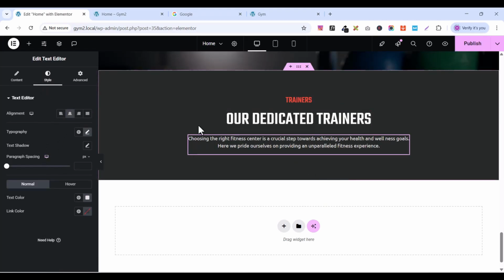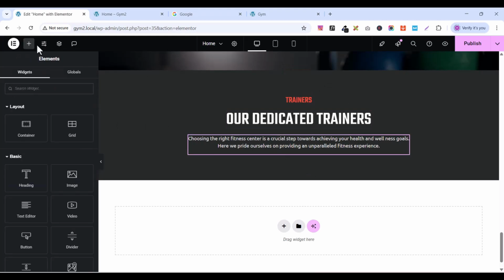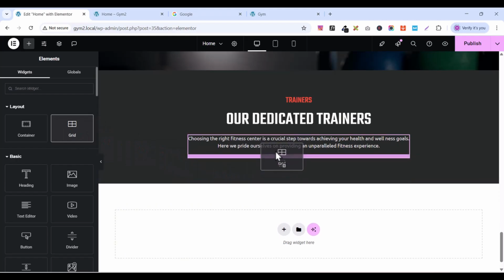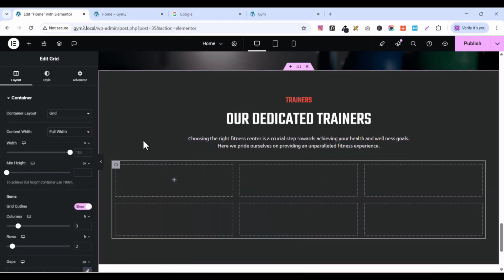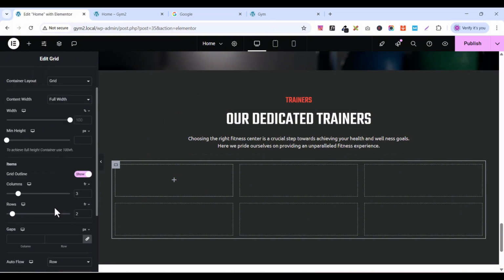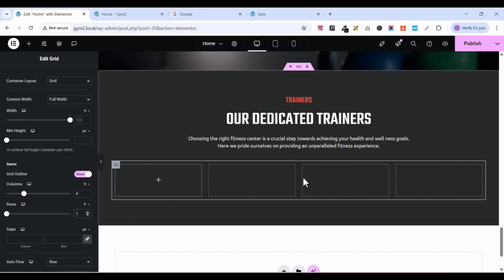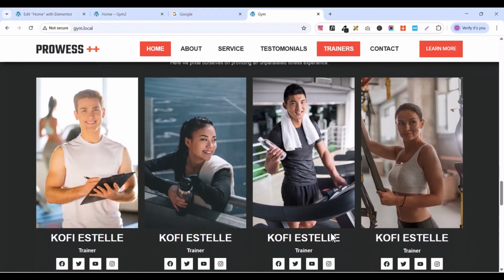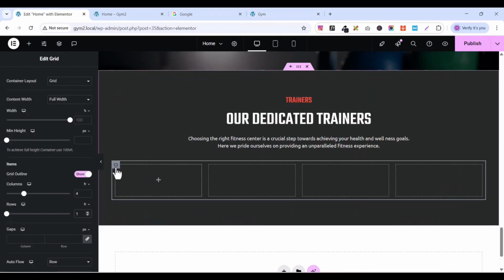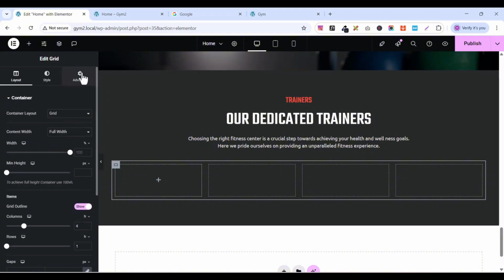Okay, so from here I will go to my element panel and select my grid from here, drag the grid here below like this. So here I'm going to, on the row I will select 4, and here on the column I will select 4, on the row I will select 1. Okay, like this. I will select the grid here, go to advanced,